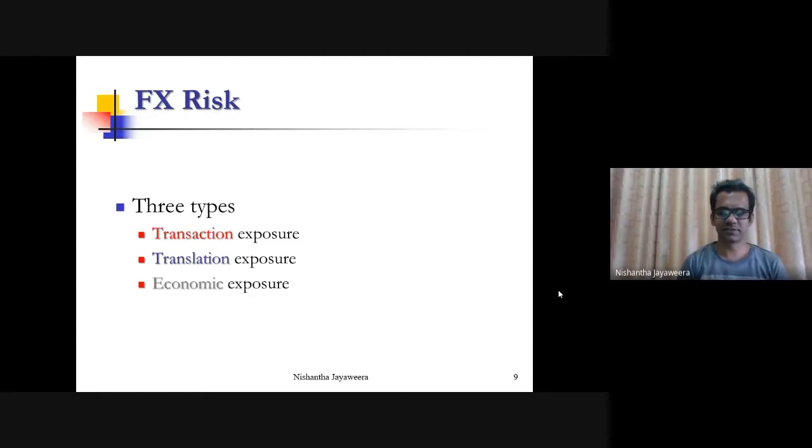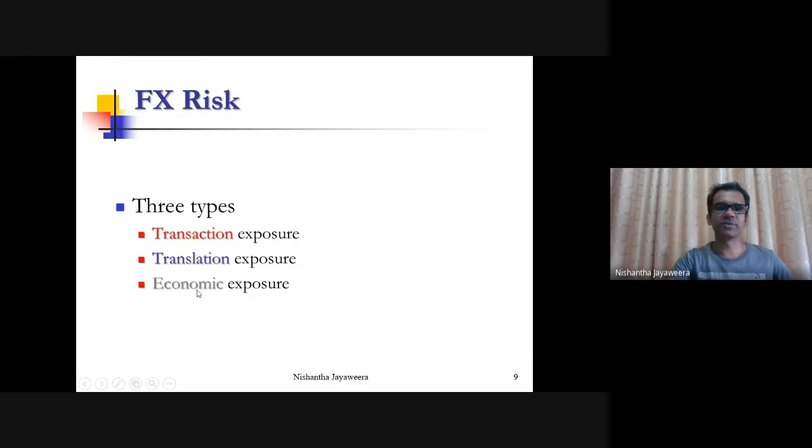Last week, towards the end, we started to discuss foreign exchange risks. So I explained there are three types of foreign exchange risk: transaction risk, or transaction exposure, translation exposure, economic exposure. Foreign exchange risk can arise due to one of these exposures, and in this course we are not going to pay attention to the economic exposure, because